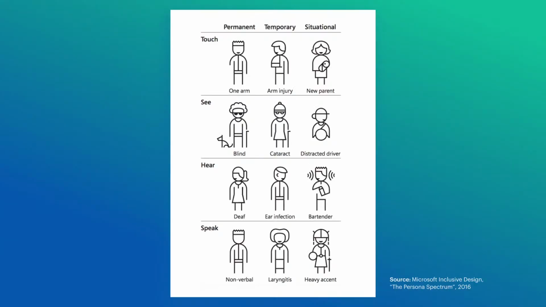Now, I think it's also super important to note that when we talk about digital accessibility, we should center the people on the left-hand side, right? The people who have permanent disabilities, because without these fixes, without providing these accessibility features to them, they actually can't use the products and the services that we develop. And so, while yes, we all benefit from it, if we don't do this, we are actually leaving out a large group of people.